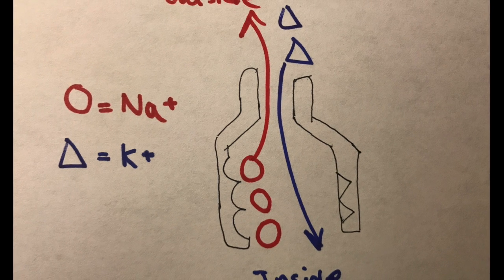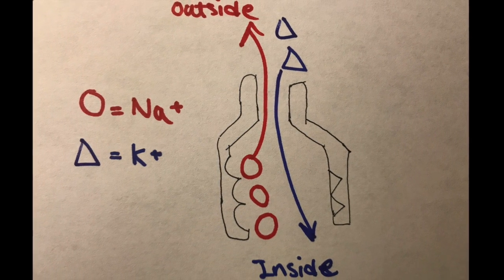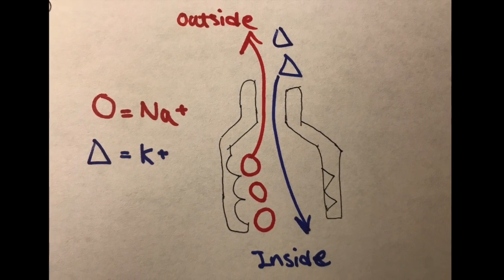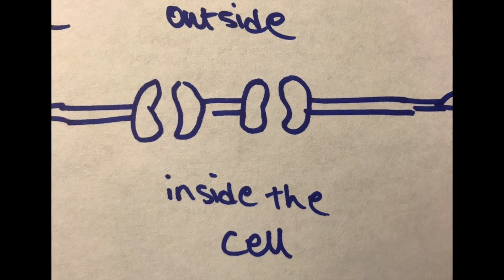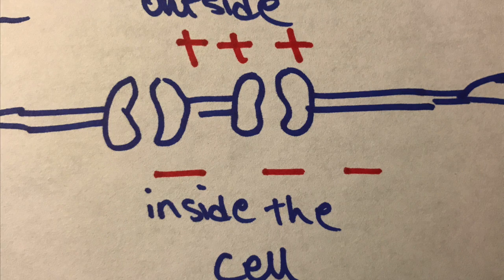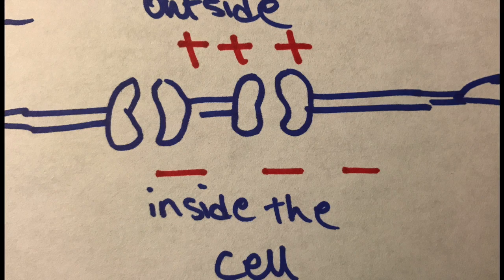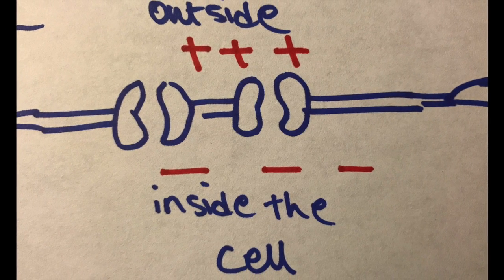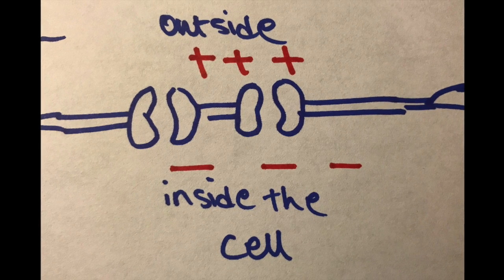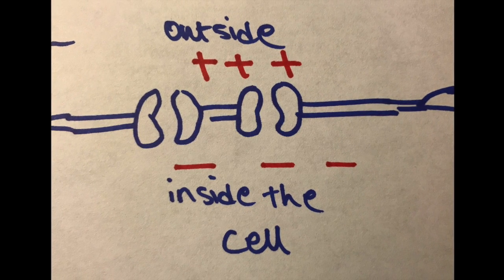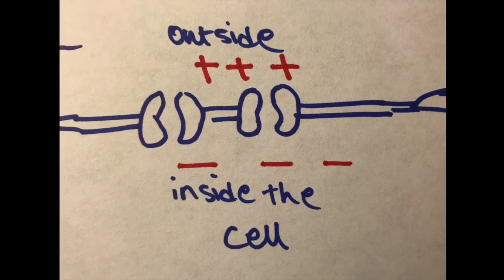Sodium-potassium pumps maintain these conditions by pumping 3 sodium ions out of the cell and bringing 2 potassium ions into the cell. But the ion channels across the membrane cause the diffusion of potassium ions to the outside of the cell. This causes a negative potential inside of the neuron, and then a positive potential outside of the neuron. And let's keep in mind that a neuron at rest has more potassium ion channels open compared to sodium